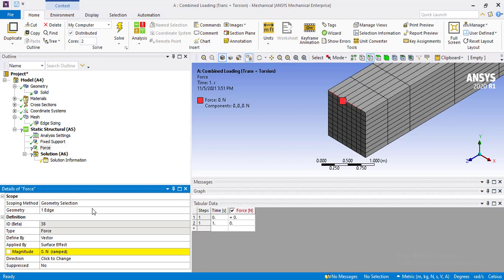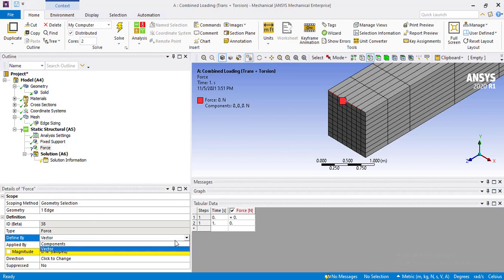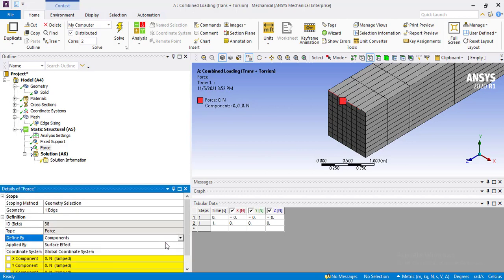Change the method of force applying to defined by components, and enter the Y component, which represents the transverse force, whose magnitude is minus 10,000. The minus sign represents the downward direction, like this. This arrowhead represents the direction of force applied on this edge.